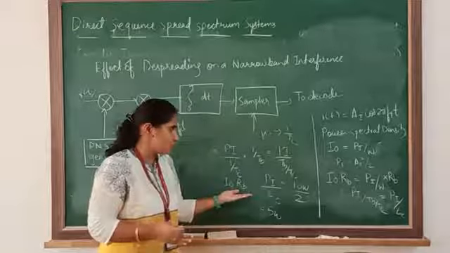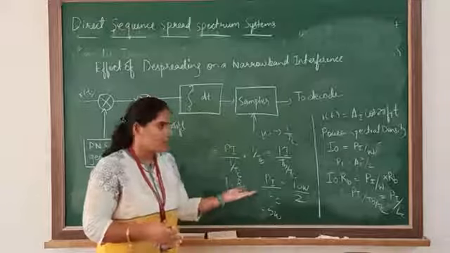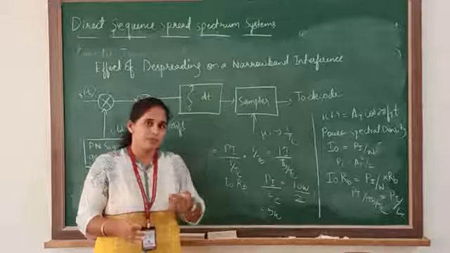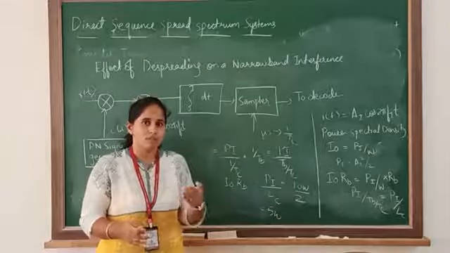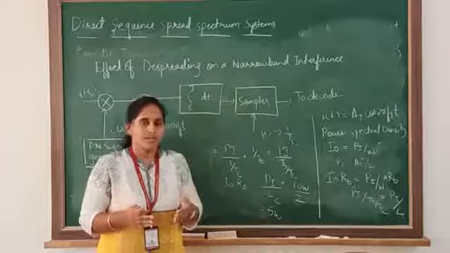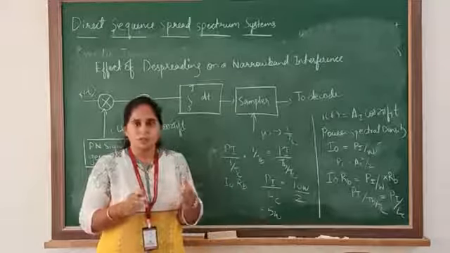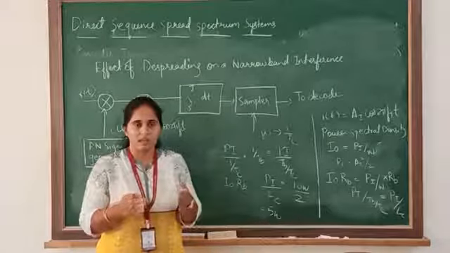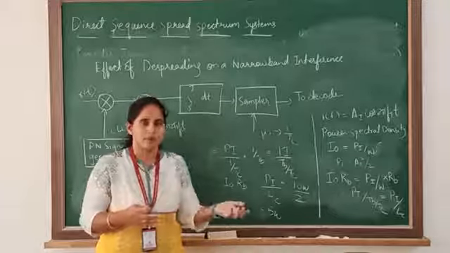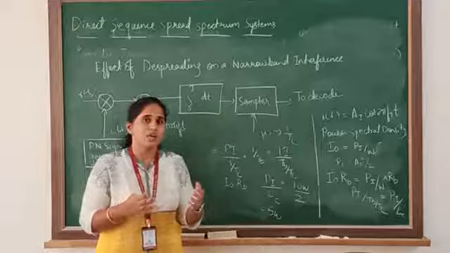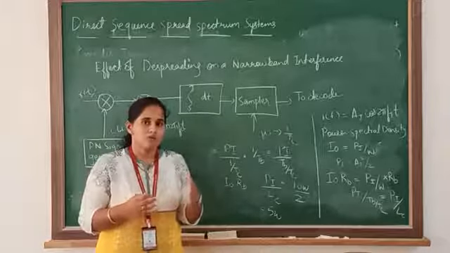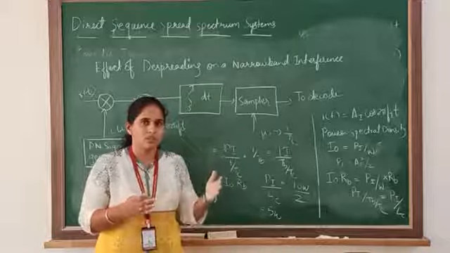With the help of this equation, we can say that there is a net effect. The net effect is nothing but the interference power has been reduced by the amount of processing gain, LC. So in this way, we can say that when we are using spread spectrum techniques, whether direct sequence spread spectrum or frequency hop spread spectrum, any spread spectrum, it is going to reduce the effect of interference in the communication process.